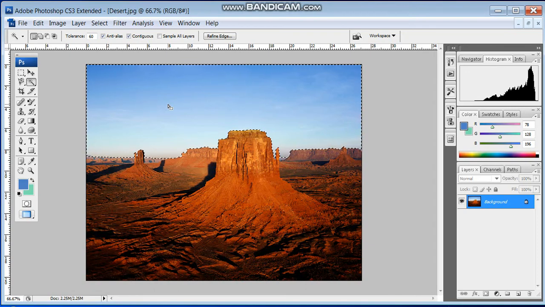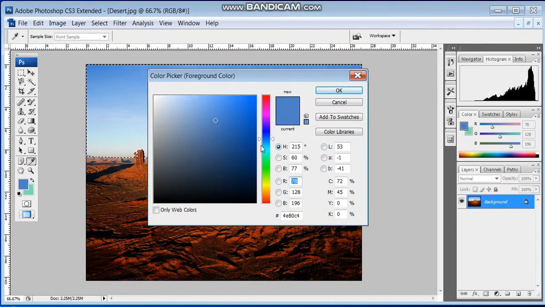Now I want to change the color of this part. This part is selected. I want to change the color. Suppose I want a gradient fill, or we can say shading. So first we will select the two shades which we want to change. First we are going to select the foreground color in a shade of some blue color.